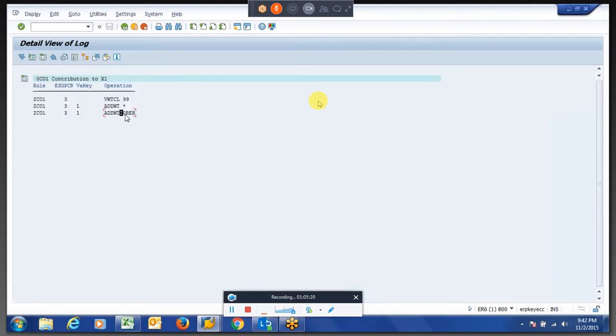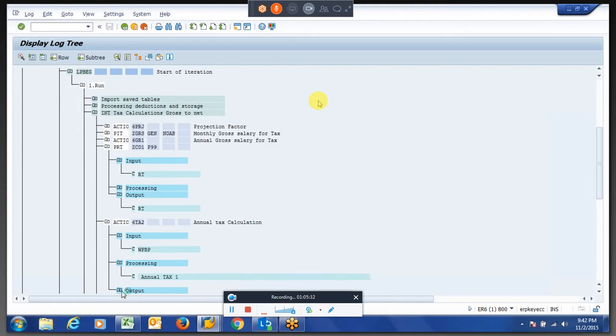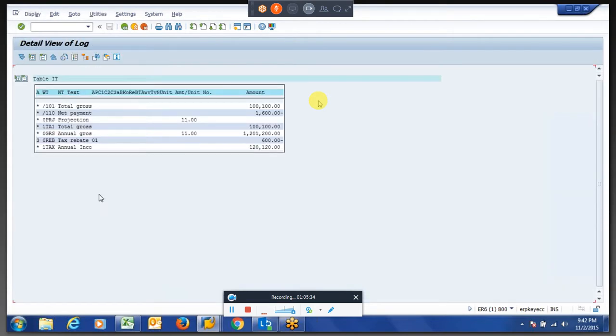We are adding this wage type to the IT table. So we got this minus 600, which we should reduce from this gross.